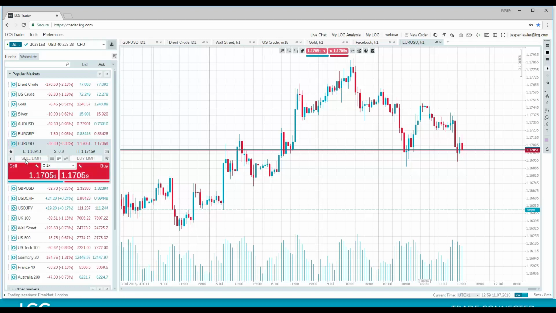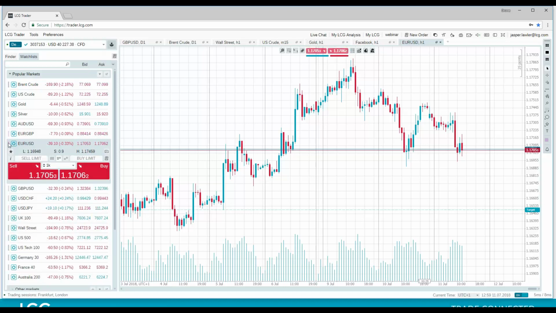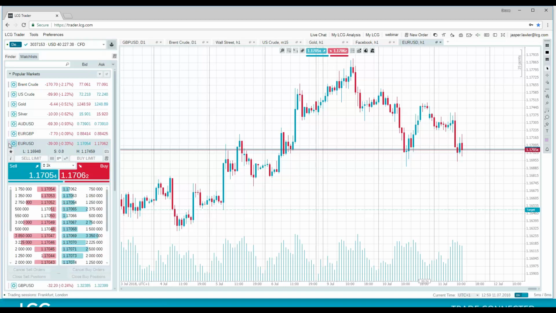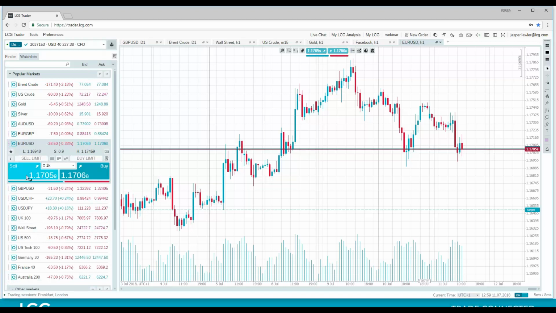And then over here under our watch list is where we have some of the most popular markets to trade. Here you can see the euro dollar, so you can expand it. Here you can see that as of the moment the market is indeed open for trading. Buy and sell, obviously we're getting a bit of a dip down here. Maybe this is the end of a pullback. Go for a buy,